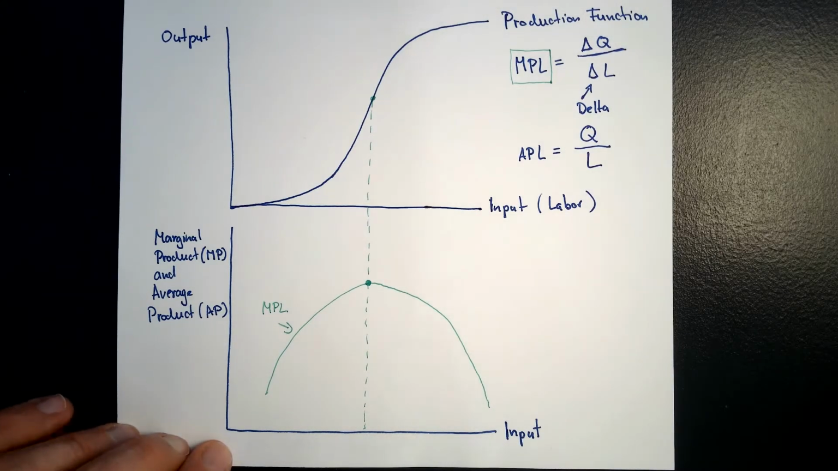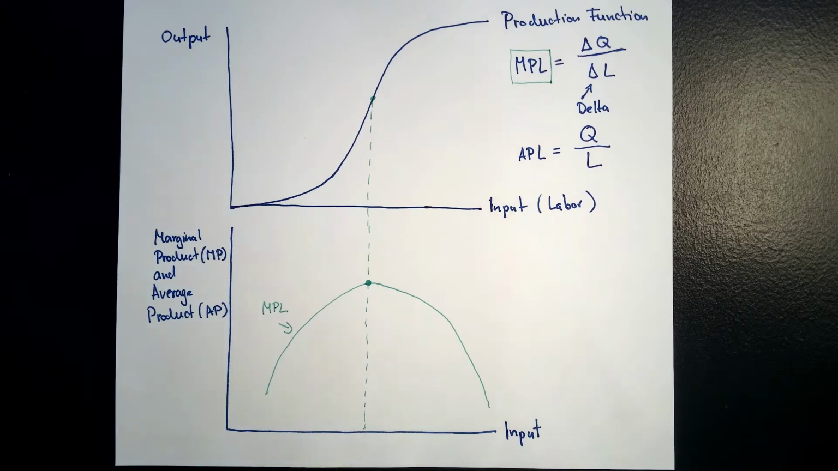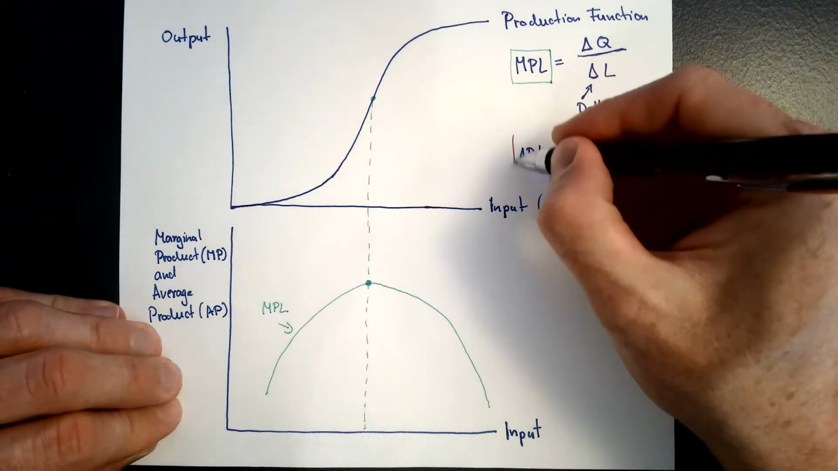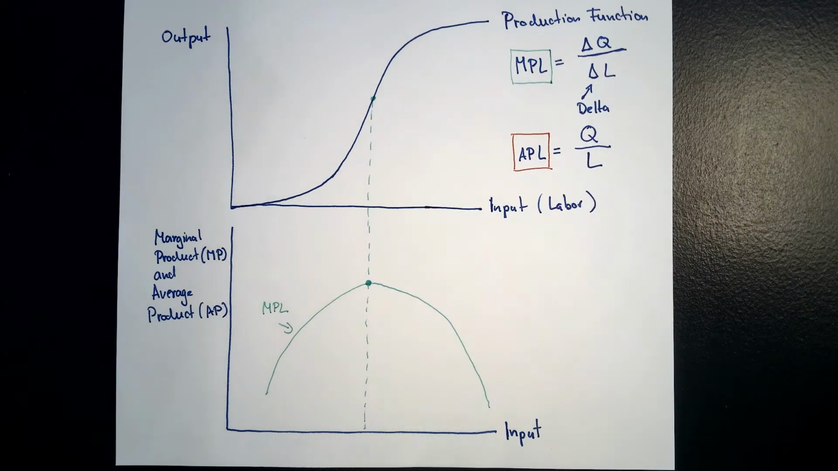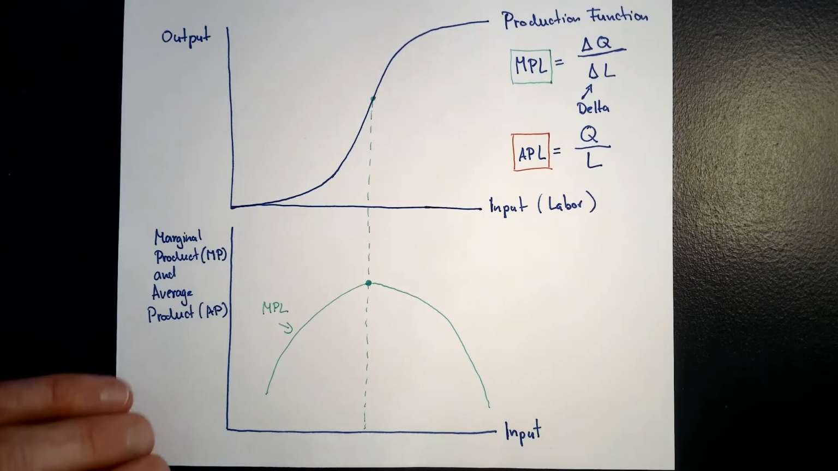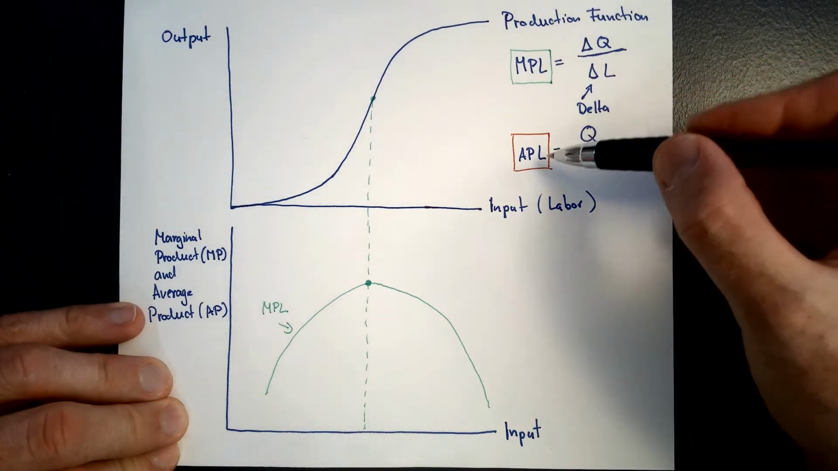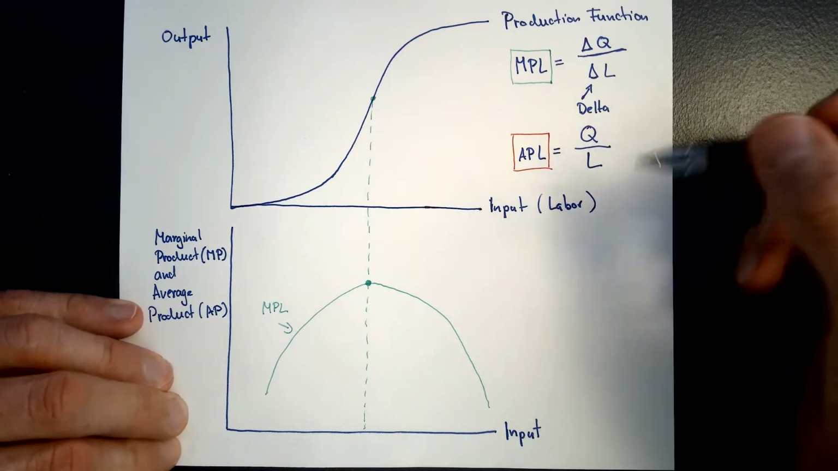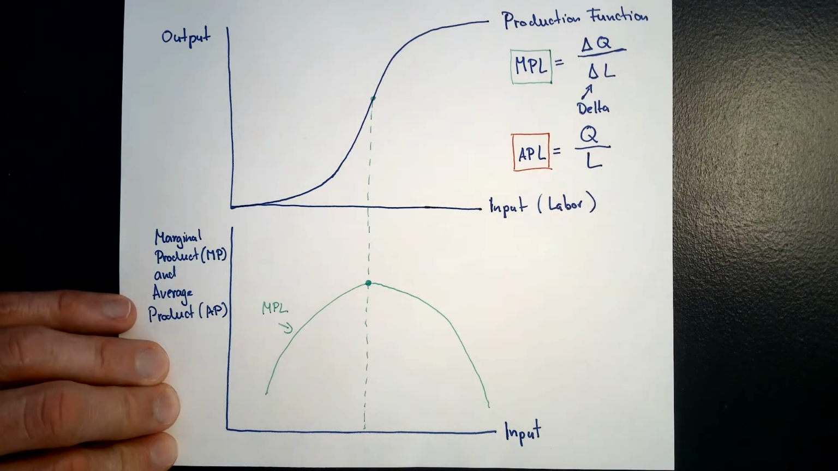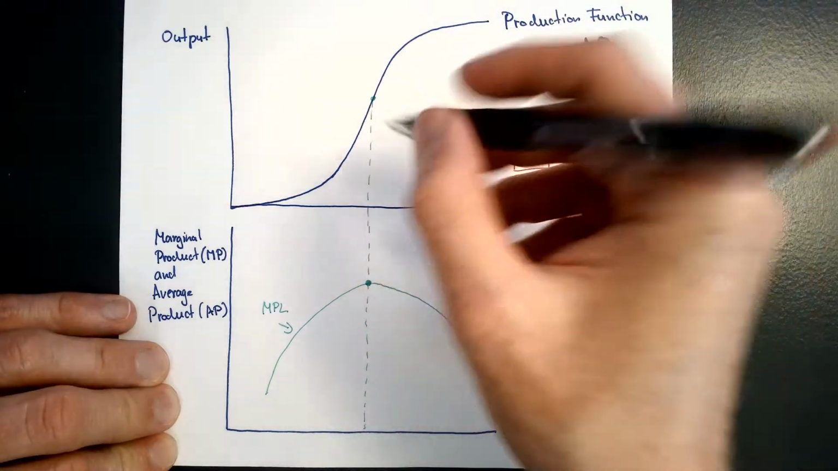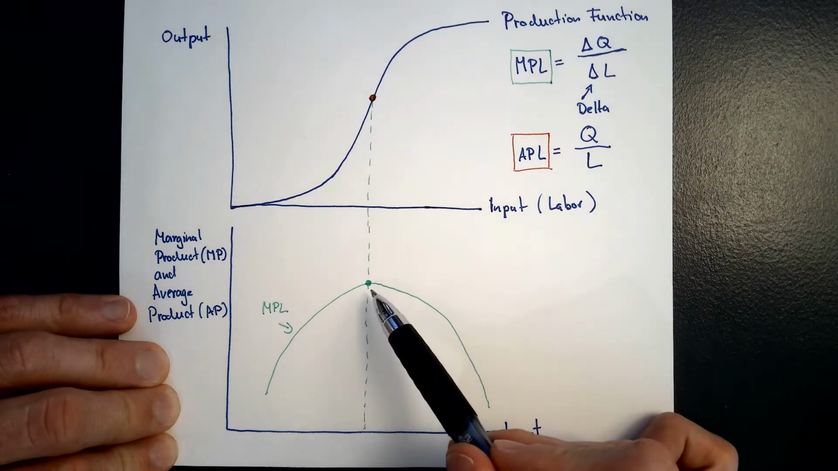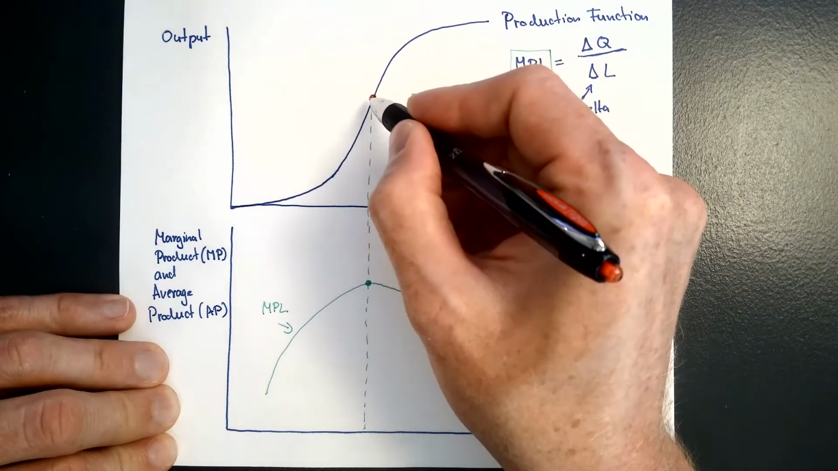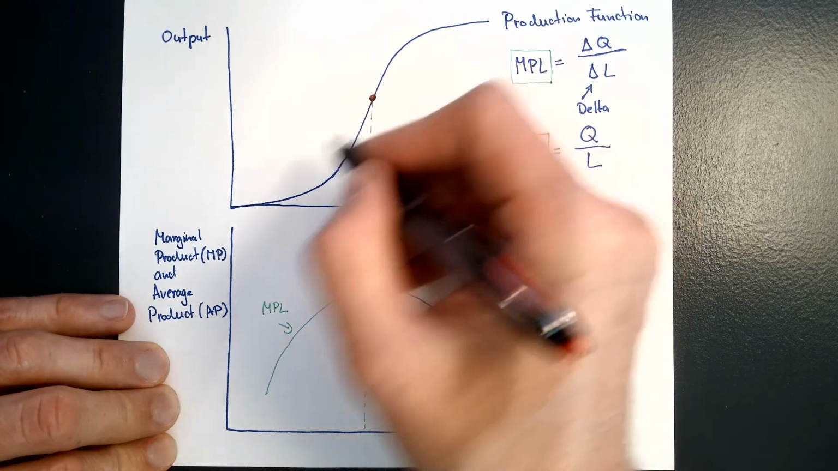Now, we can also represent the average product of labor in this graph. And for the average product of labor, I am going to use the red color. Okay. So it turns out that the average product of labor graphically can be represented as follows. Let us take this particular point here, where the marginal product of labor is maximized, and let us connect this point to the origin,